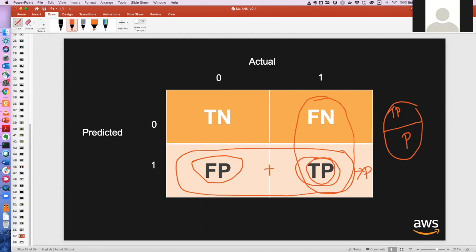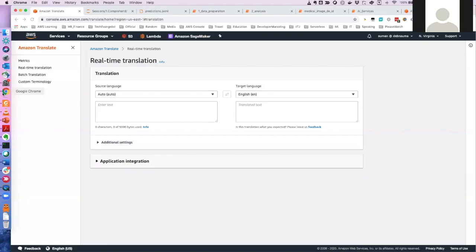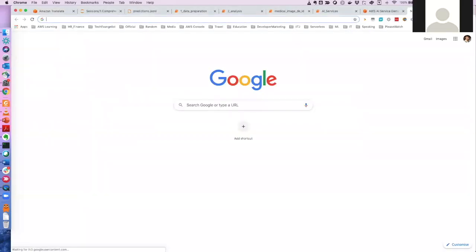So this is basically what a confusion matrix is, and what are the different performance metrics that you can have. Not only this, the confusion matrix can come up with lots of different metrics like precision, recall, then TPR, FNR. FNR is FN divided by FN plus TP, like that. There are a lot of metrics, but the basic idea is first you have to create this confusion matrix. And once it is created, you can go ahead and create different numbers.